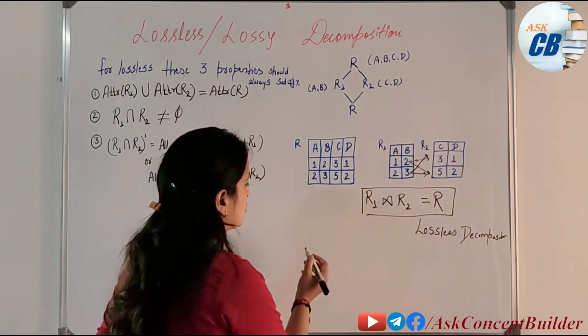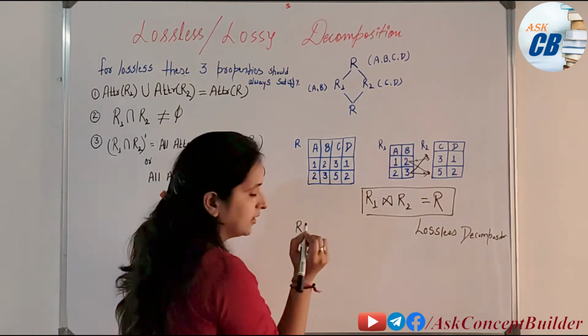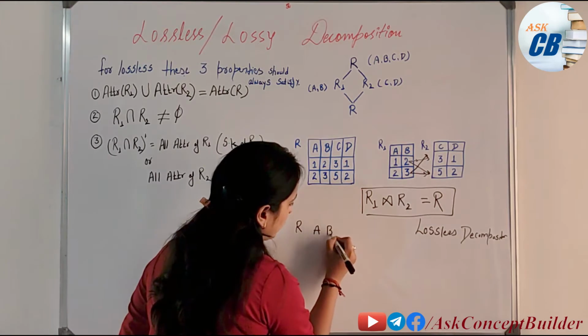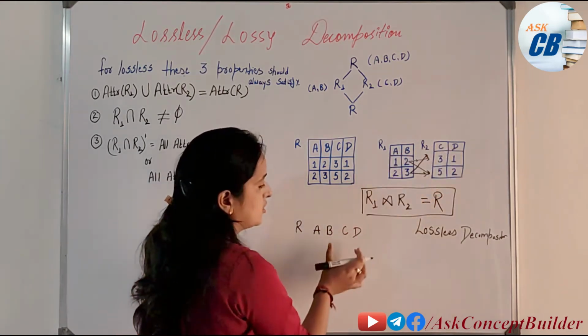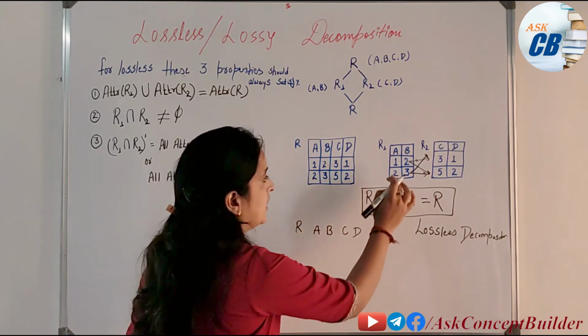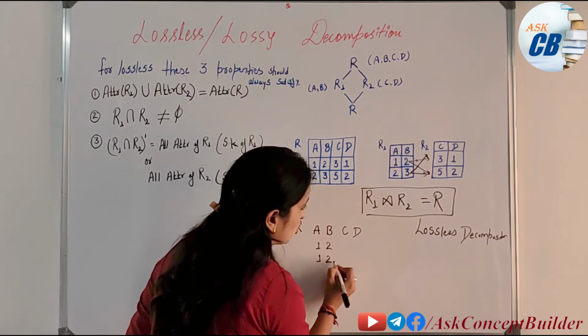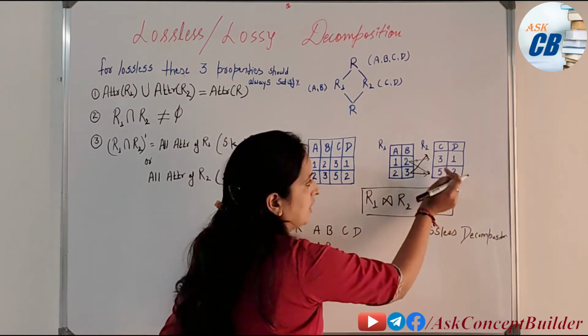Join means that. Now after joining, I will again get one table R, and I have to write all the attributes, because I am joining two tables, so the attributes of both tables must be written. Now for 1 2, we will write 1 2 two times, because we have to join 1 2 with 3 1 and 5 2.